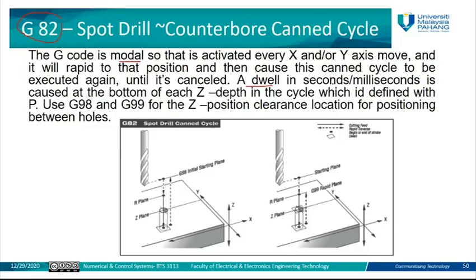Also, in such code we need to define if we have a dwell, like a constant time in seconds or milliseconds between each operation, I mean between one drill and the second drill. Sometimes the drill will go inside, rotate for some time, then stop, then rotate again, stop, and so on. This depends on the depth of the hole. If the depth is small, it just makes one spot in this place. But if you want the hole to be deeper, then maybe the drill will not rotate only one time; it will rotate, stop for a while, then rotate again, stop for a while,